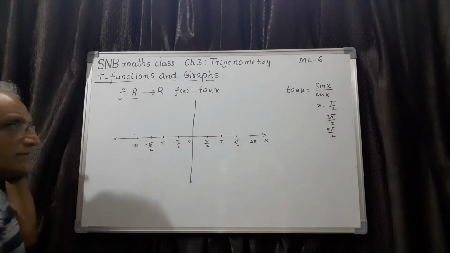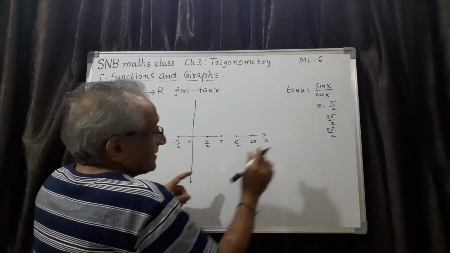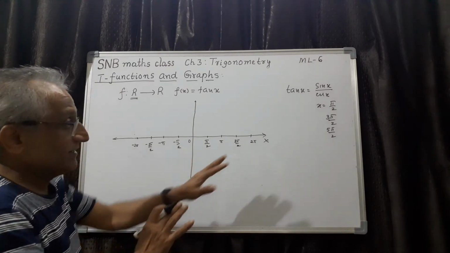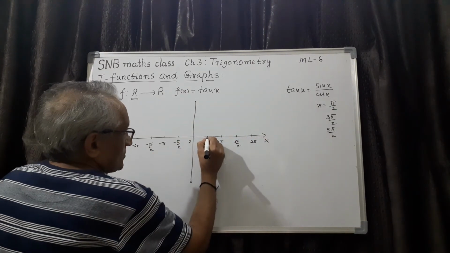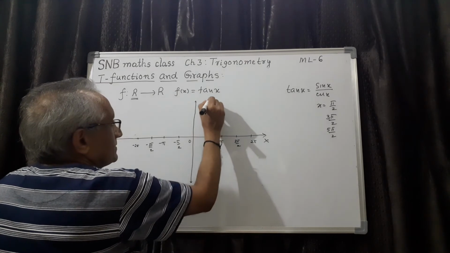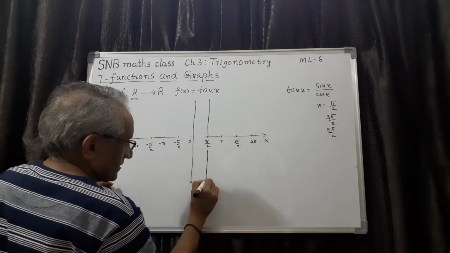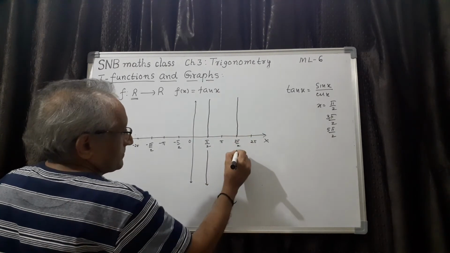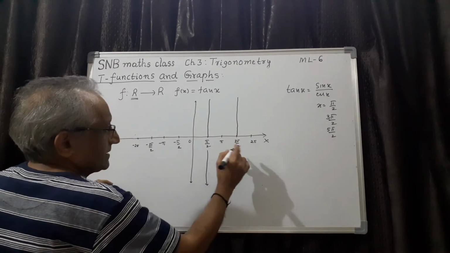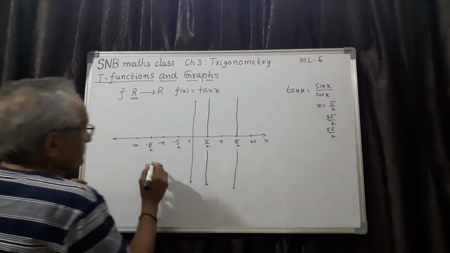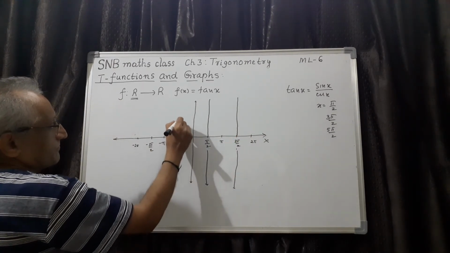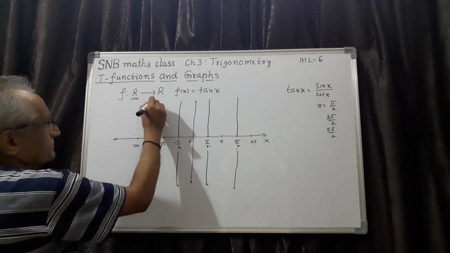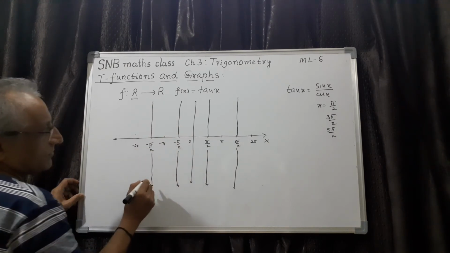Now first what you have to do is, since at this odd multiple of pi by 2 it is not defined, even you can verify, actually it's not necessary. So you have to draw a line like this, this value itself, this line you have to draw parallel to y-axis. Similarly, here you have to draw the parallel like this, perpendicular lines to x-axis or parallel to y-axis. Here also all the multiple of pi by 2, you have to draw the line like this. Here also like this, all parallel.